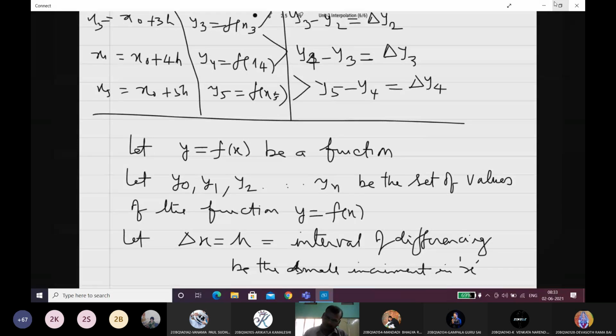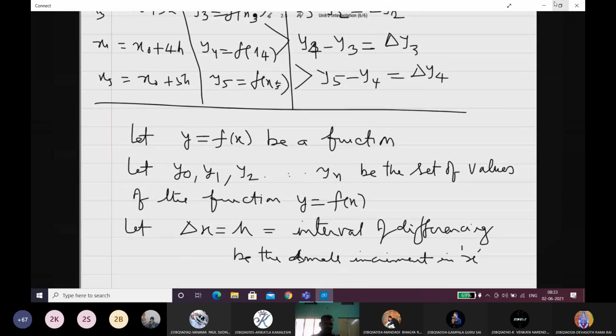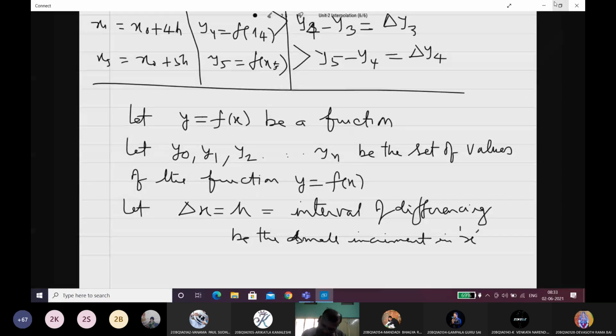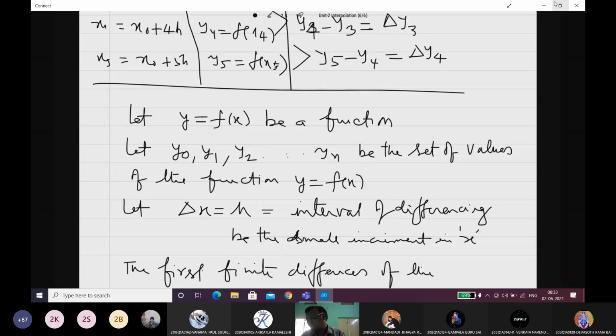Now, the first finite differences of the function y